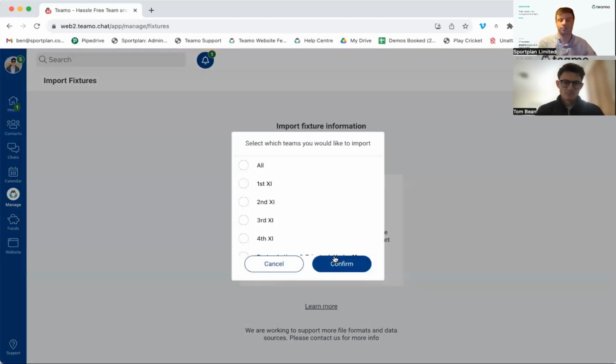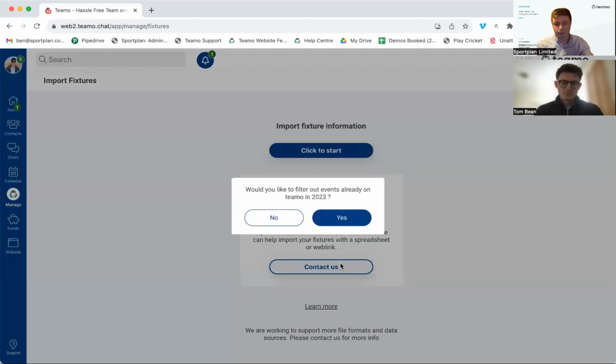And this will then give us some options, really. So it might be that your club's only got a couple of teams, in which case you're happy to do all of them. It might be like we've got in this instance, we've got a junior section to consider here as well. You might have your junior fixtures on at one point, and your senior fixtures aren't there and ready yet. So you've got those choices. In this instance, I'll just select these top two teams for now, and then you can just go through,